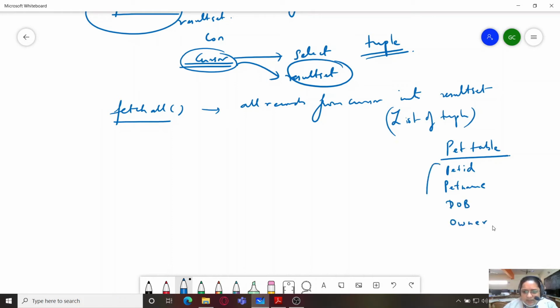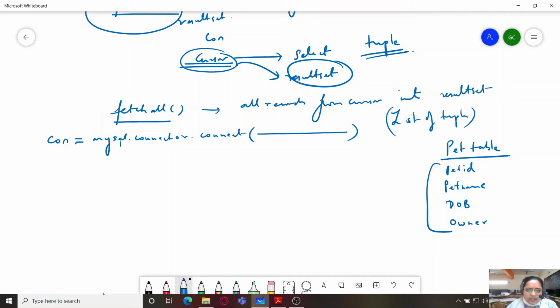So we have these many fields, and firstly you will establish a connection. So you'll write con equals mysql.connector.connect, and you can write the connection string providing the host name, the username, password and database.